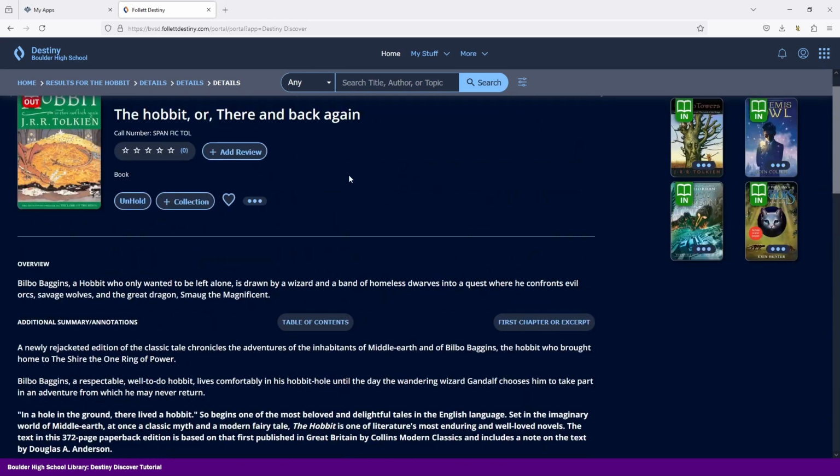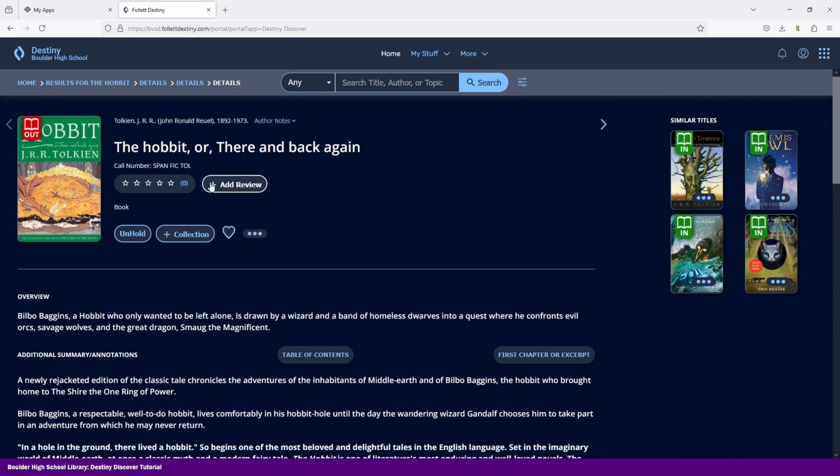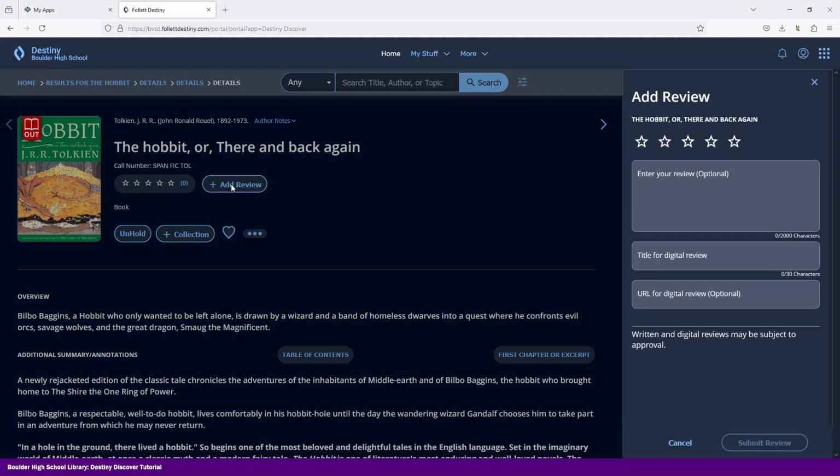Near the top of the page, there is a blue icon that says Add Review with a plus sign on it. Once you click this button, a menu will appear on the right-hand side of the page. Through this menu, you can rate the book, type your review, and even link to a review of the book from a different website. Click the box you want to type in, and then add text by typing on your keyboard. Only type in this box labeled Title for Digital Review if you intend to link to an external review, since this box serves as the title of the linked page rather than the title of the review that you're writing here in Destiny. So, if you intend to add a URL here, you can include a title, but otherwise,